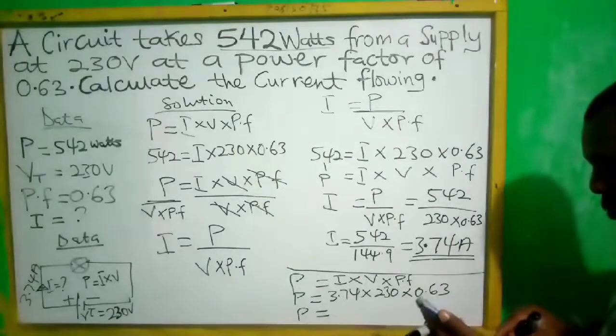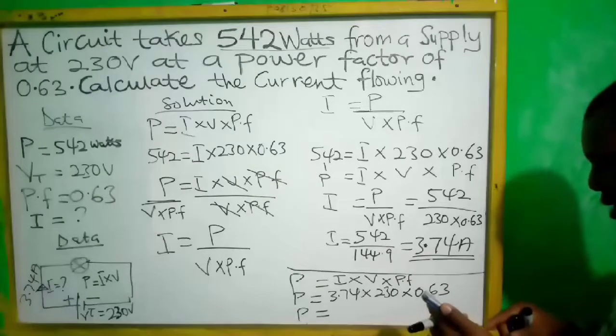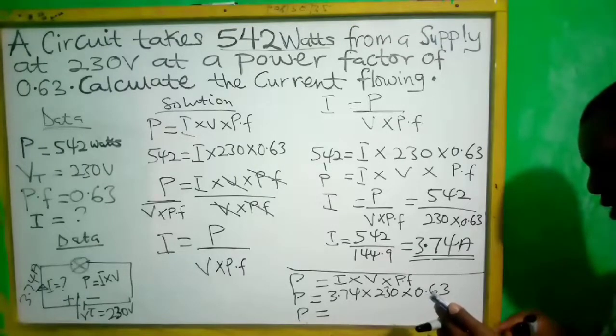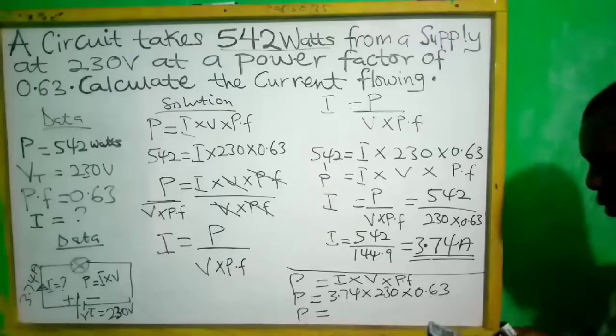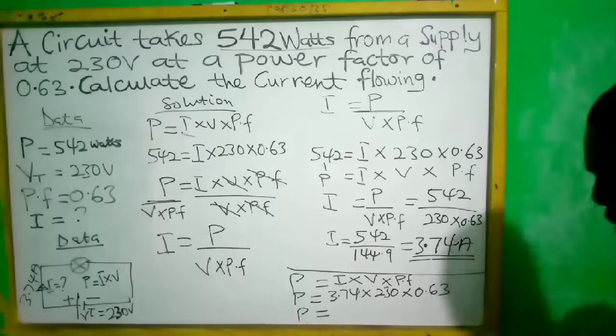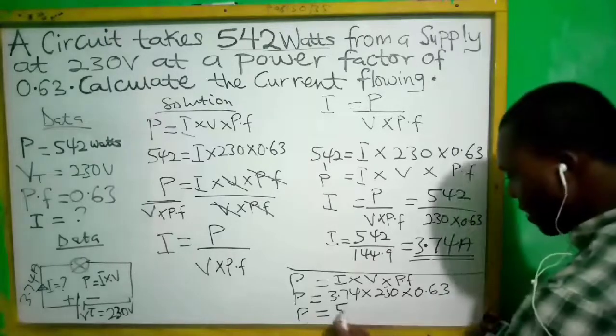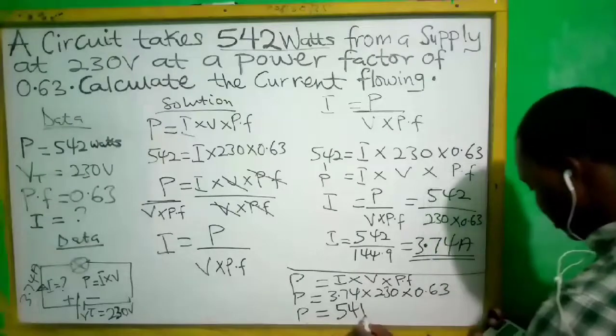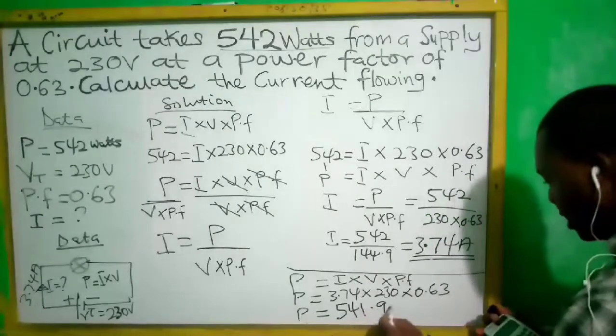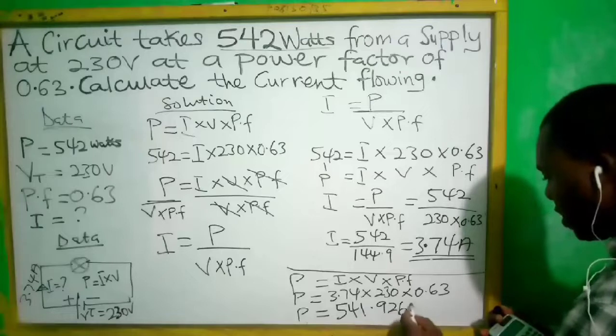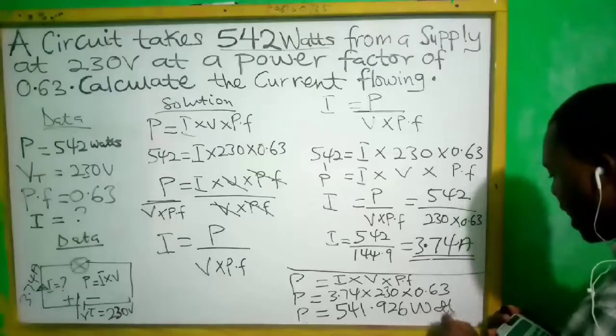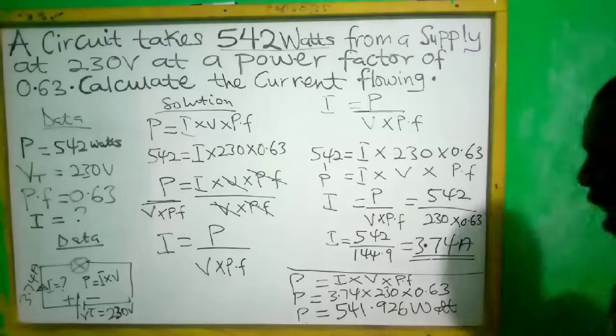So 3.74 times 230 times 0.63, we have 541.926 watts. When you compare, you see that approximately